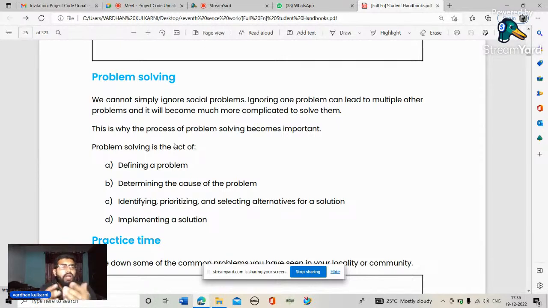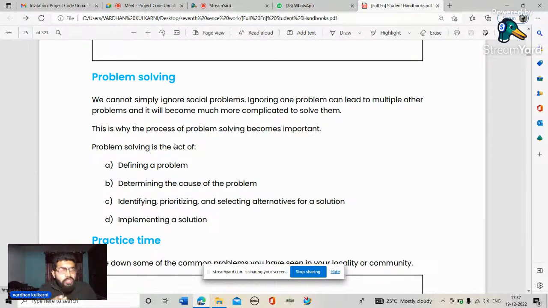When you define a problem, what kind of problem is it, how can it be solved, what was the cause, when you understand the root cause of the problem and how complicated it is, and how much percent of the problems are ignored by social people? And how could this lead to a change, what were the causes of the problem, and since when the problem has arisen, identifying and prioritizing the problem,